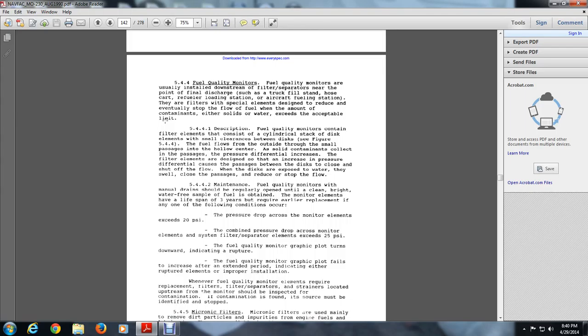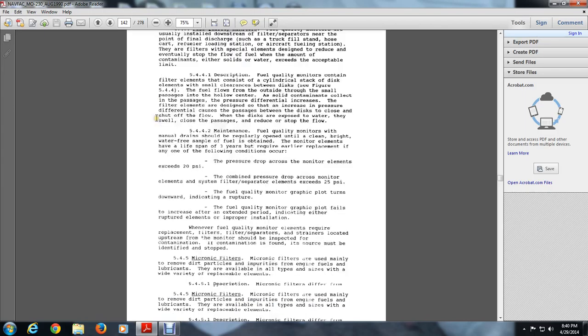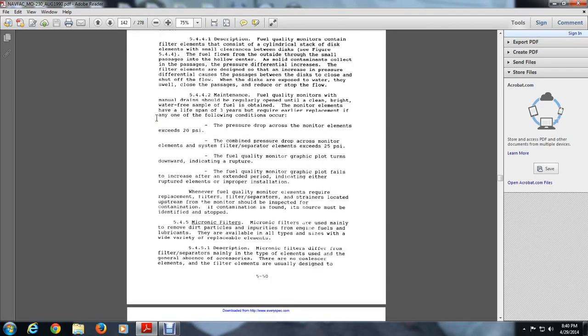The monitor shall be inspected, and the contamination source identified, as in step 5.4.5. Micronic filters are mainly used to remove dirt, particles and impurities from engine fuels and lubricants. They are available for all types of systems with a wide variety of receptacle elements. 5.4.5.1